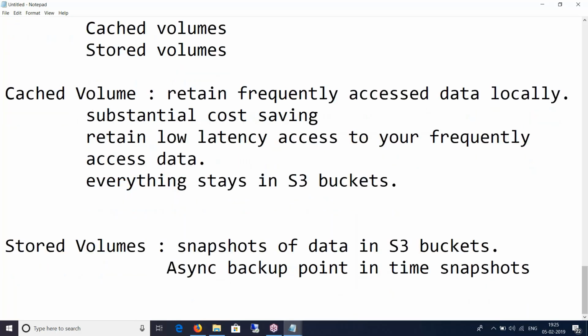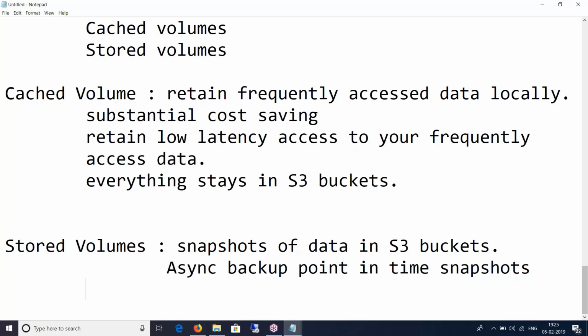So this configuration will give you durability as well as inexpensive offsite backups, because snapshots are always incremental in nature, and you can recover your local data center, recover your Amazon EC2 instances.